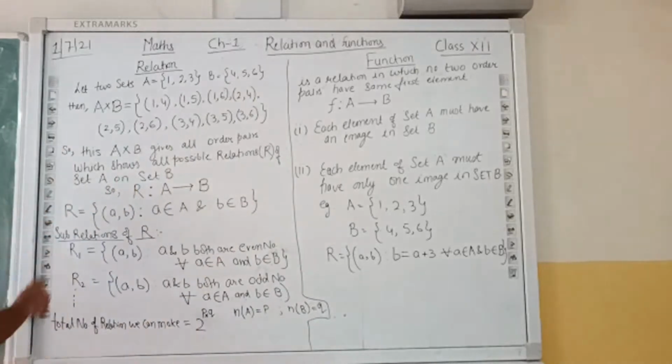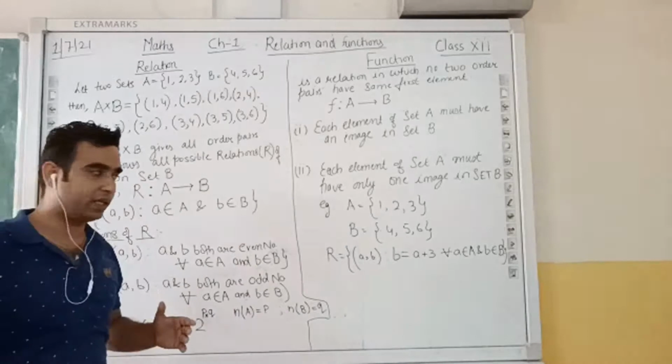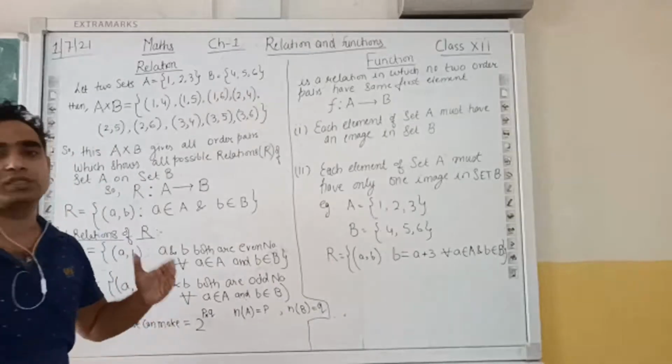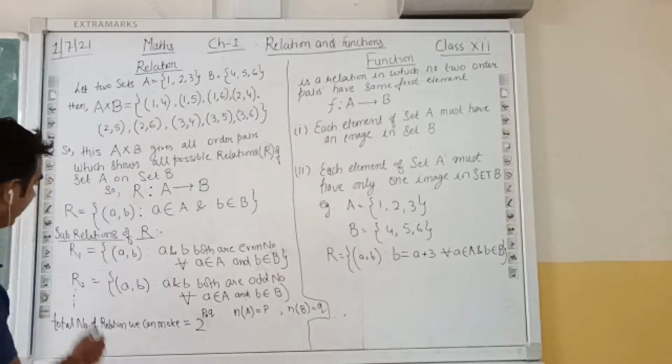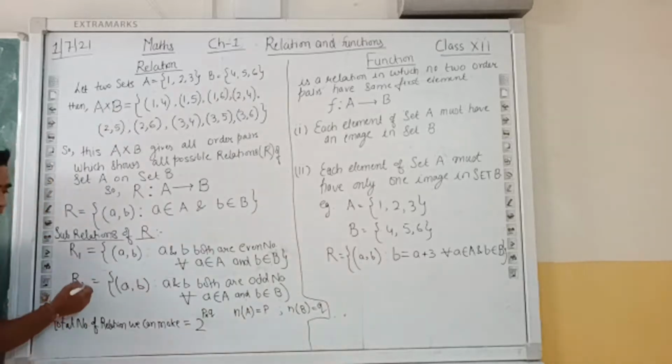Okay. Then all the sub relations which we can get from this relation R. ये जो हमारा main relation R है, from this हम यहाँ से कौन-कौन से और sub relations बना सकते हैं. Means all possible sub relations which we can make by using this main relation. Okay. So some relations which I have written here, like relation 1, we can make here